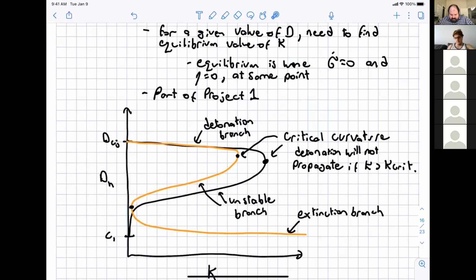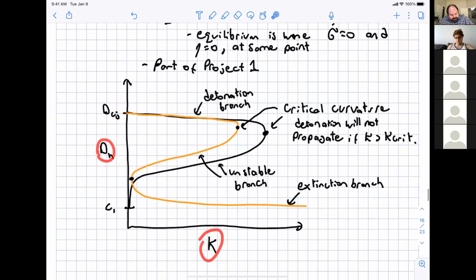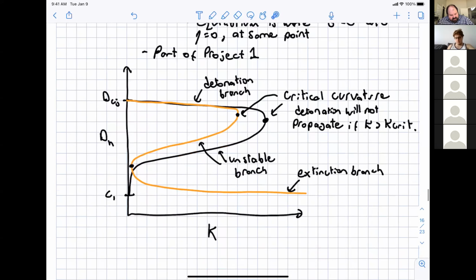Okay, and so here I just have some d-kappa curves sketched for a couple of typical styles of curves that you see. The one that you'll see from your project is the one in the black line, where we are plotting d versus kappa, and what you'll find is that if you set kappa equal to 0, you should exactly get dCJ, which you should. Then as you increase kappa, you slow the detonation more and more, and eventually